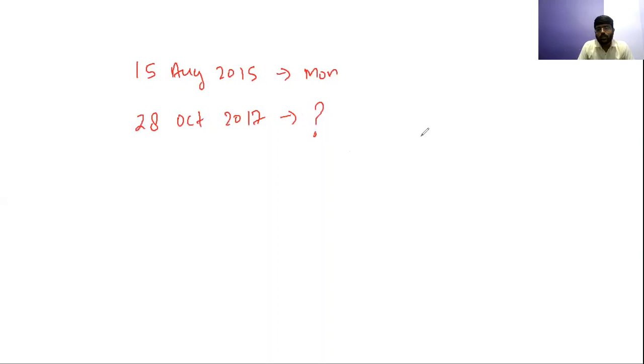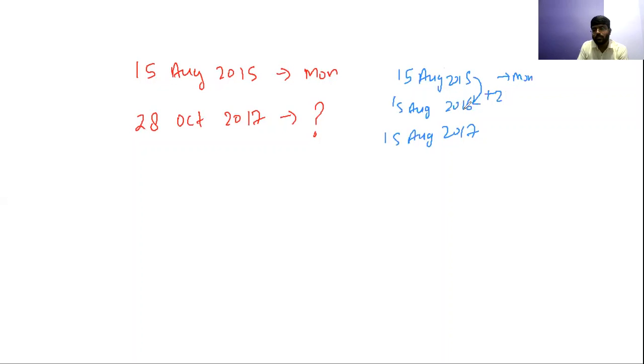See, first you will go from 15th August 15 to 15th August 16, then 16 to 17. First you will find the 15th August 17. Okay, so now very quickly we are going to solve this kind of question because we have the practice. If it is given as Monday, what will be the answer for 15th August 2017? So from 15 to 16, when you are going, you are crossing the February of 16. February of 16 will be 2 because it's a leap.